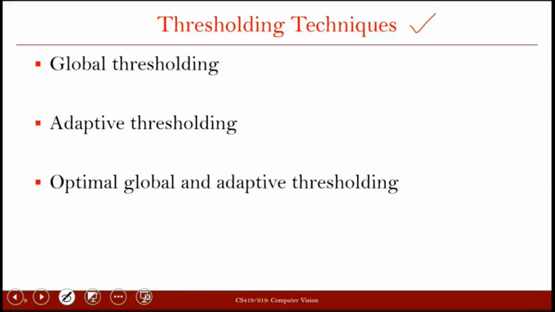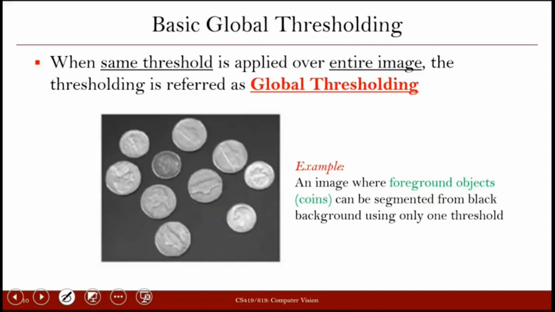Okay. Now, in thresholding also, we can have multiple types of thresholding. Like we have global thresholding, or adaptive thresholding, or an optimal combination of global and adaptive thresholding. We'll see these one by one. Okay. So let us first discuss global thresholding. In case of global thresholding, as the name suggests, it is global.